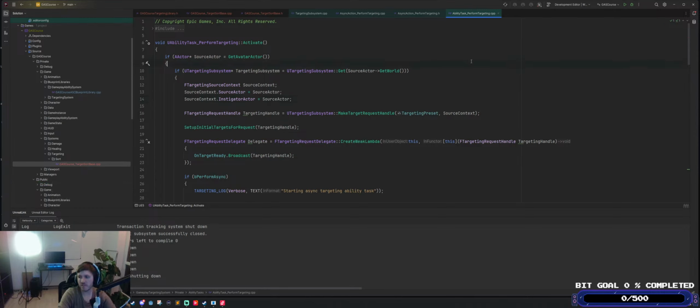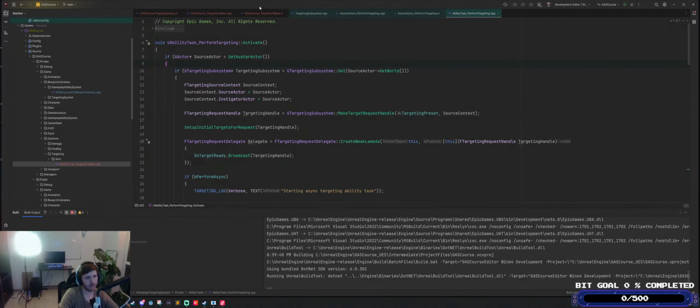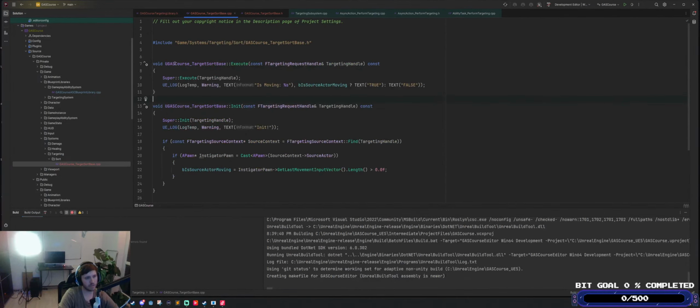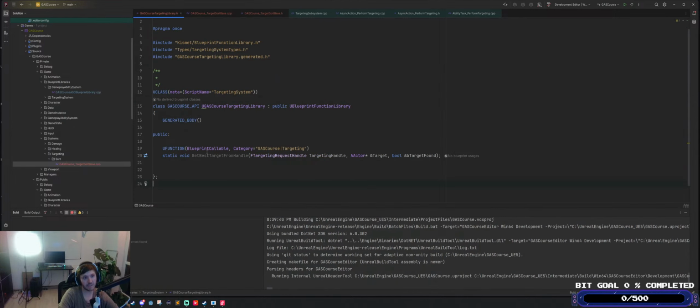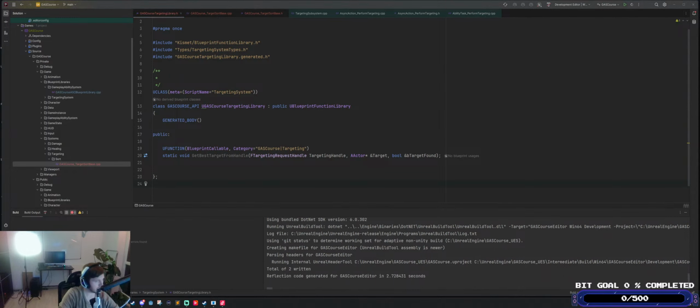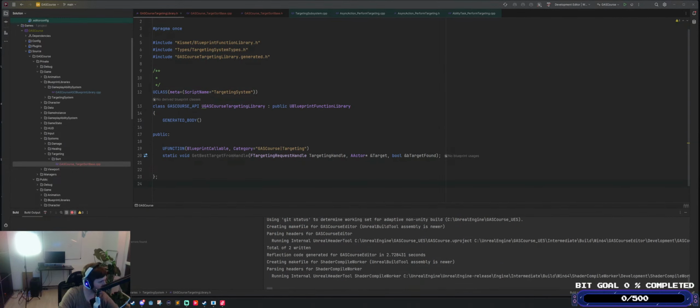I feel like that should just be built in anyway. Okay, third time's the charm. It should work. Most likely I'll fix this as well to be the instigator again. While we're compiling,